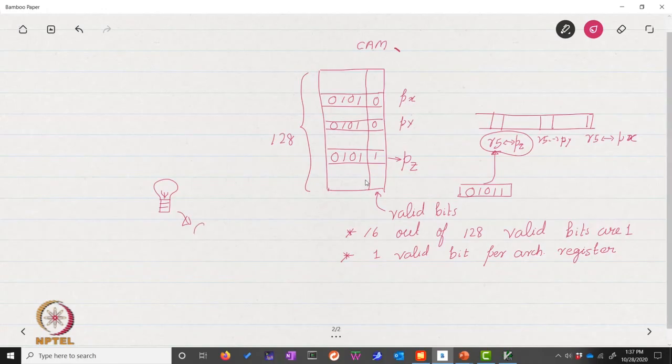What I am claiming is that checkpointing the column of valid bits is sufficient. Checkpointing essentially means storing.